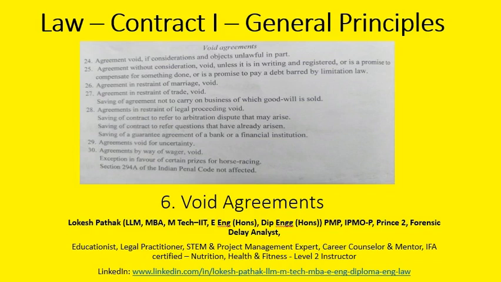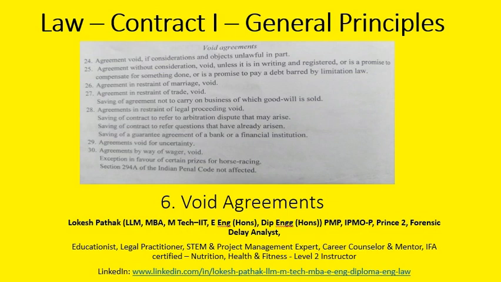Today the topic which we are going to discuss is conditions of void contracts. In our recent lectures, we discussed void contracts, and some of the conditions where some contracts are found to be void. The definition of void contract, which we have already discussed, is mentioned in section 2(g) of the Contract Act, and it says that an agreement which is not enforceable by law is a void contract.